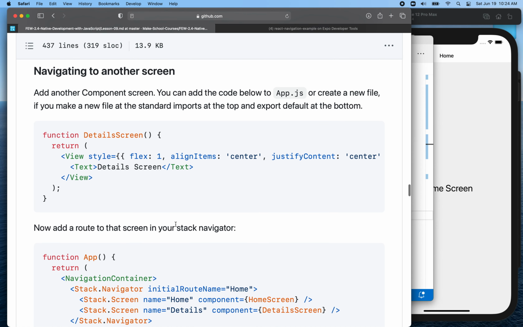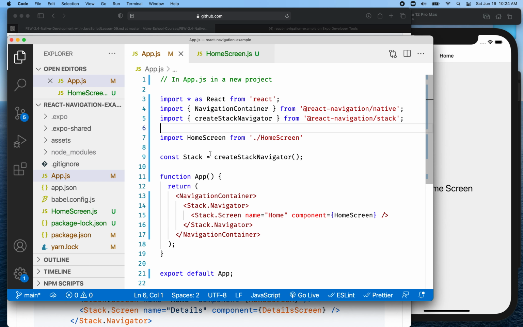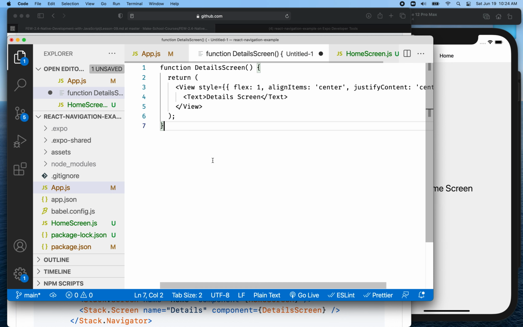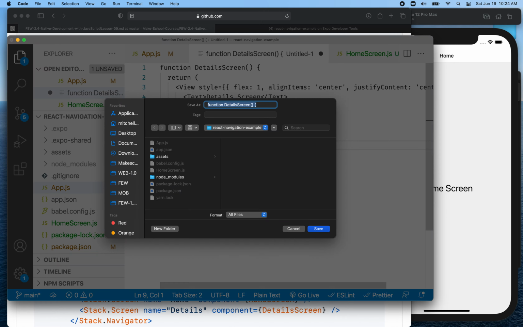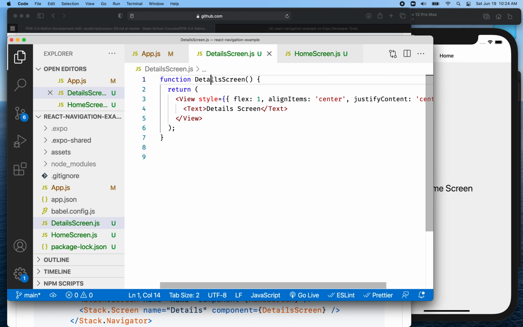Let's talk about navigating to another screen. I'm going to create a brand new screen here called detail screen. I'll just copy this code here, and you could paste that into this same file, or you could make a new file. I'm going to save this as details screen.js, and then I'm going to export this. Oops, I've got to export default,